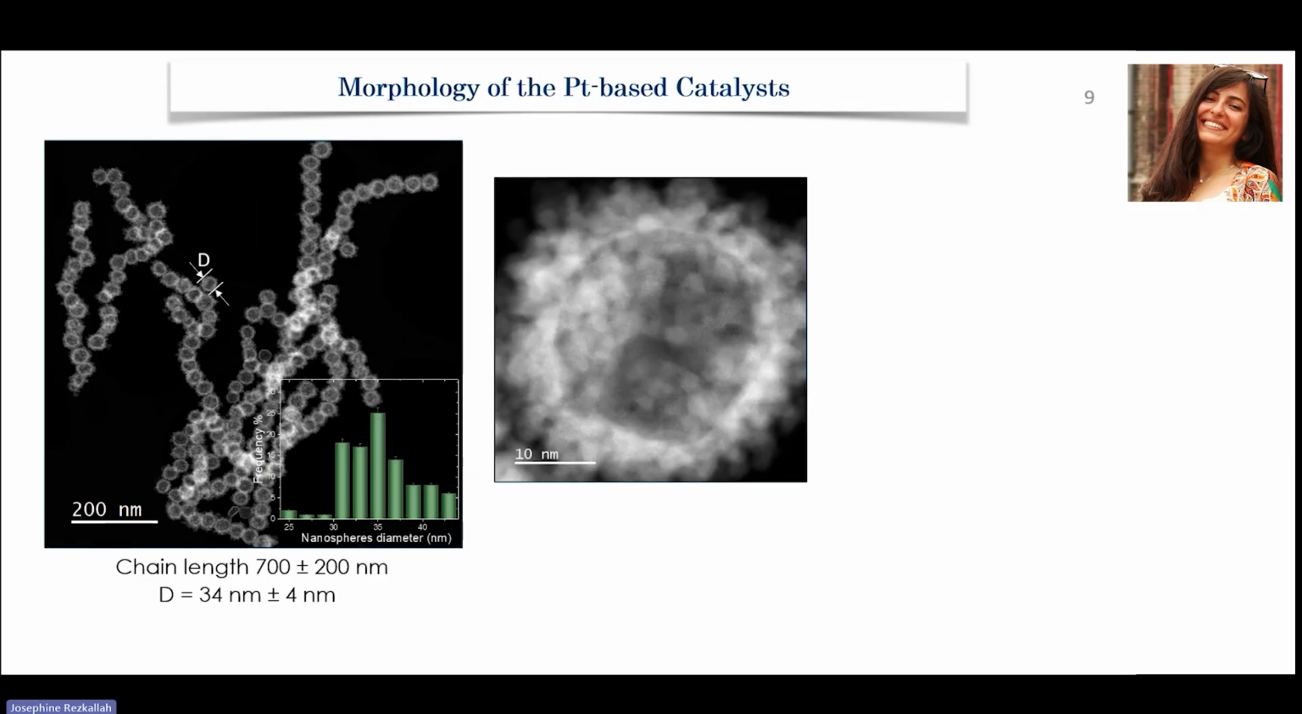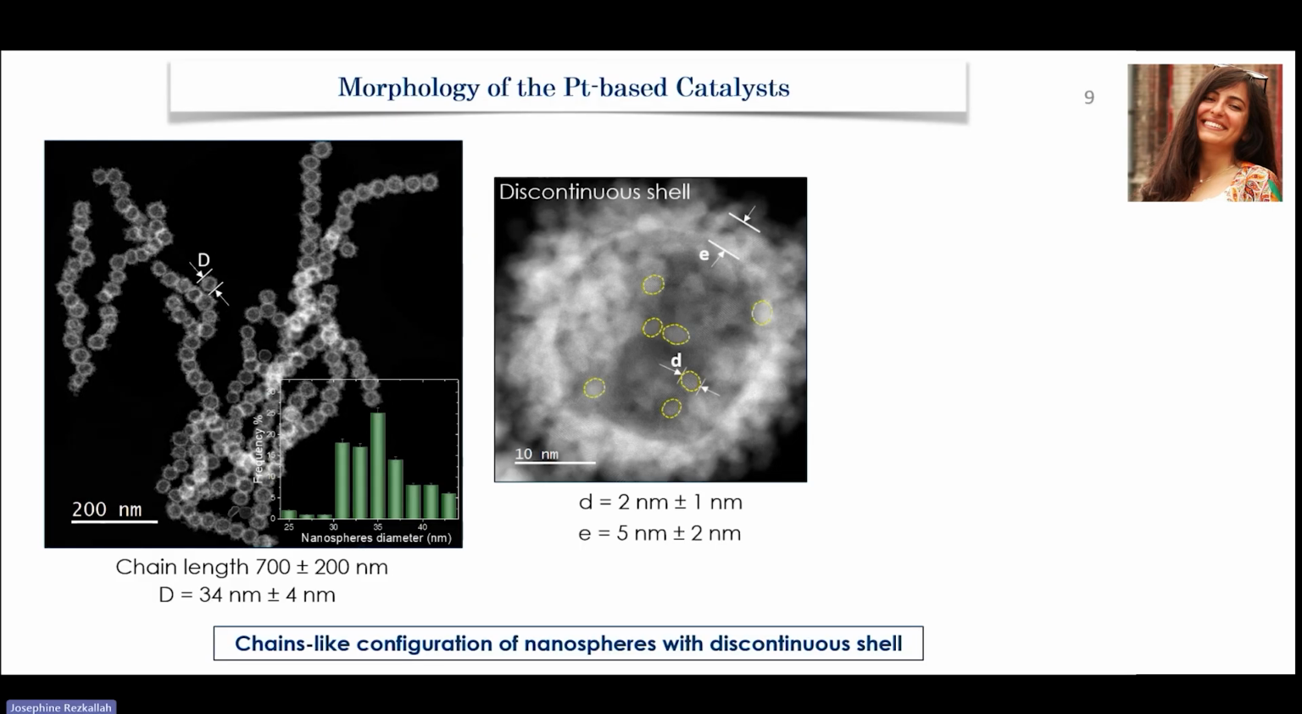Now, from a morphological point of view, this high-resolution STEM image shows that the nanospheres forming the chain exhibit a discontinuous shell formed by randomly interconnected nanoparticles of about 2 nanometers in diameter, forming a shell with an average thickness of 5 nanometers. And also, for the chemical composition, since we've used cobalt as templates, we wanted to see if